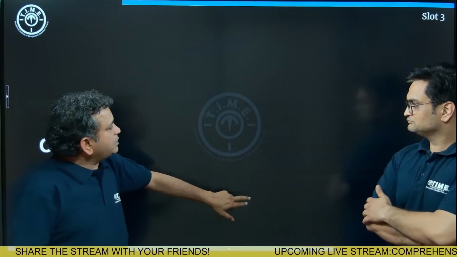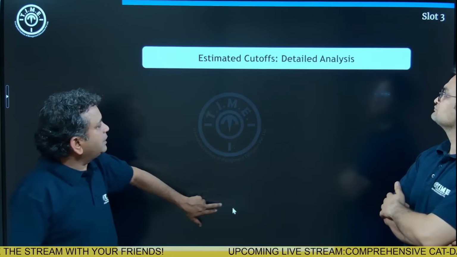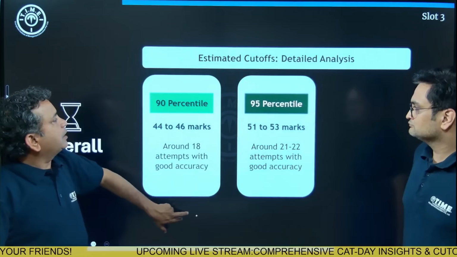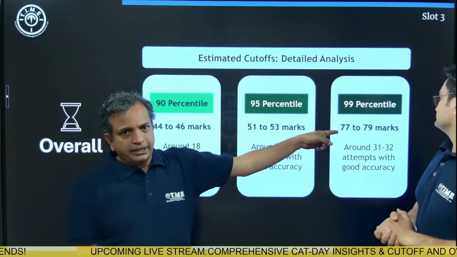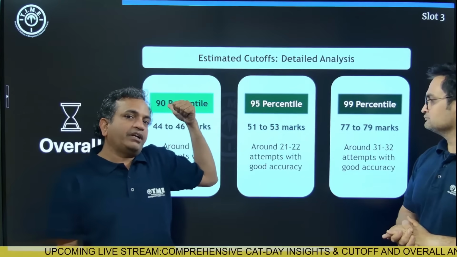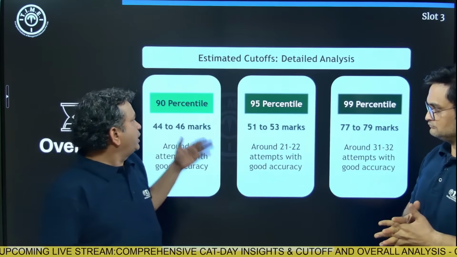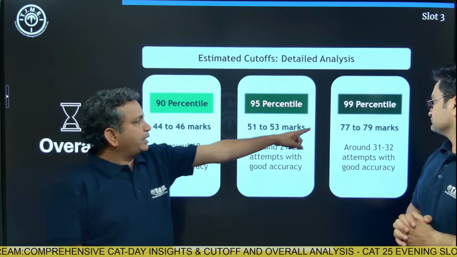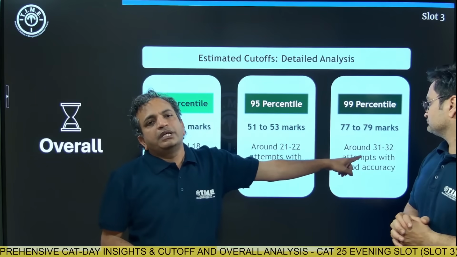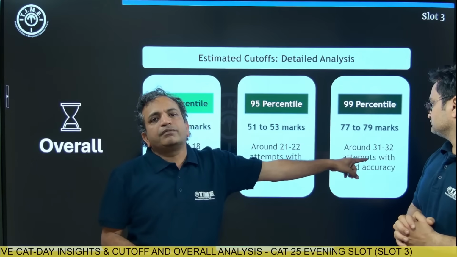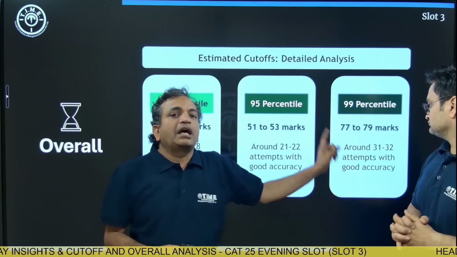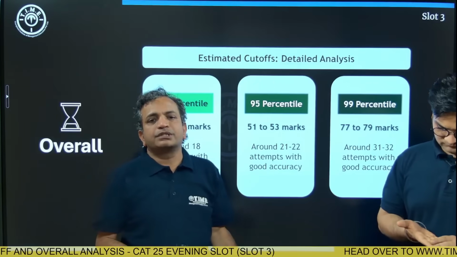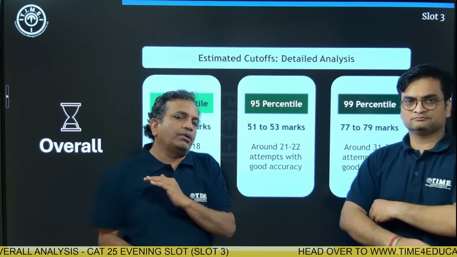All right. So now let's quickly look at a comparative analysis on the overall analysis first for all the 3 sections. Now here we have 90, 95, 98 and 99. For the sections we have 85 that we show because 85 is a sectional cutoff. But here these are a lot more meaningful numbers from an overall percentile perspective. To get 99 percentile, you would need somewhere around 78 marks, which means you need to attempt around 31 to 32 questions, which is less than half the paper. Half the paper is 34 questions. You don't need to do even half the paper. 31 to 32 questions is what you need to do with a fairly good amount of accuracy.